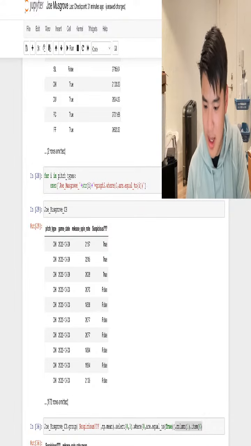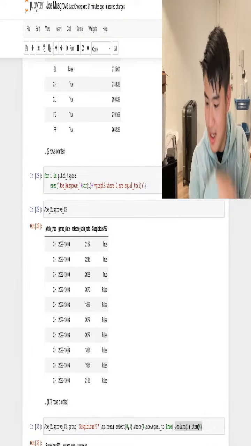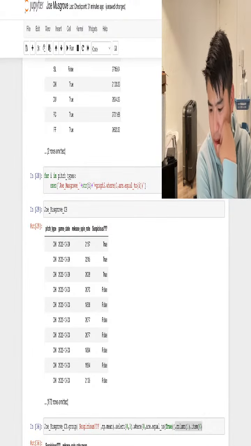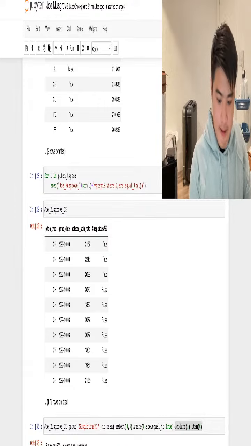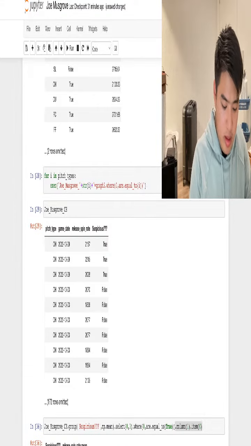How do I do this again? That's why I need my slides. Table with number with replacements. Table dot sample and with replacement. Okay. So new mix dates equals